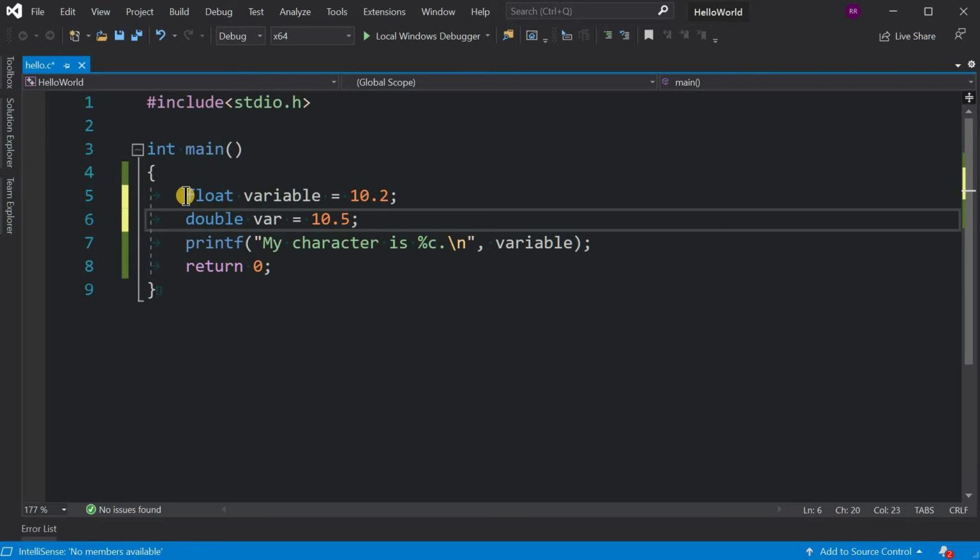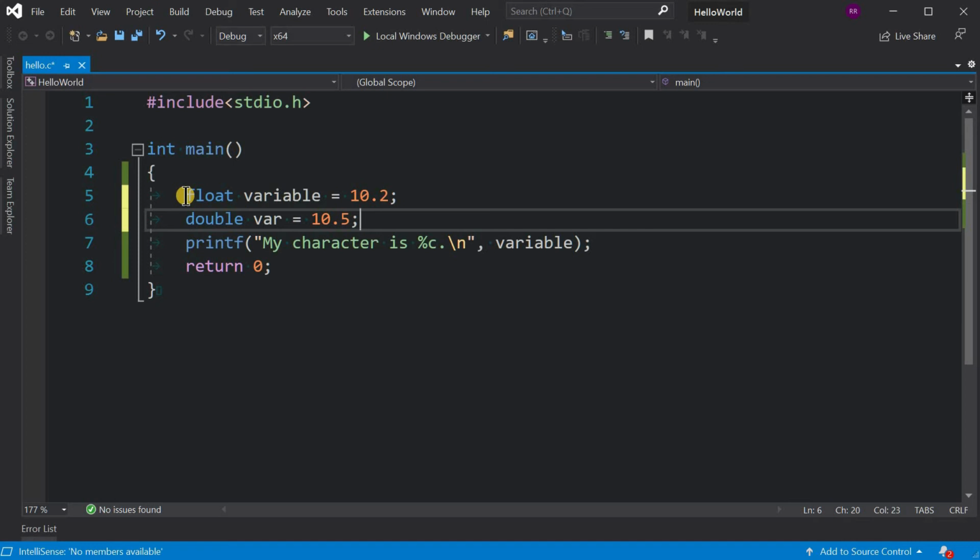Both float and double are there to store numbers with decimal points. The difference is float is for storing single precision float numbers, and double is there to store double precision float